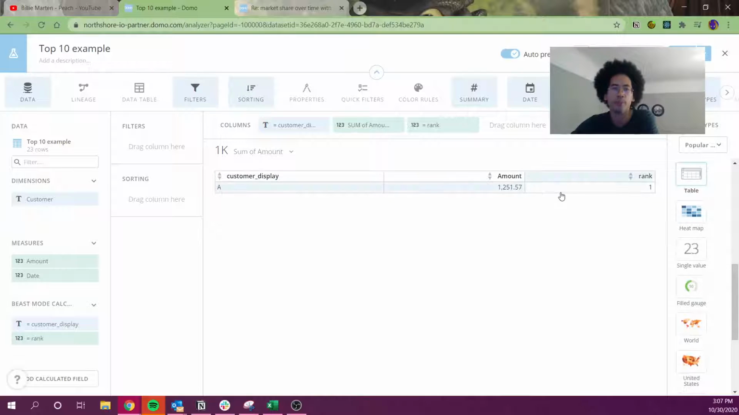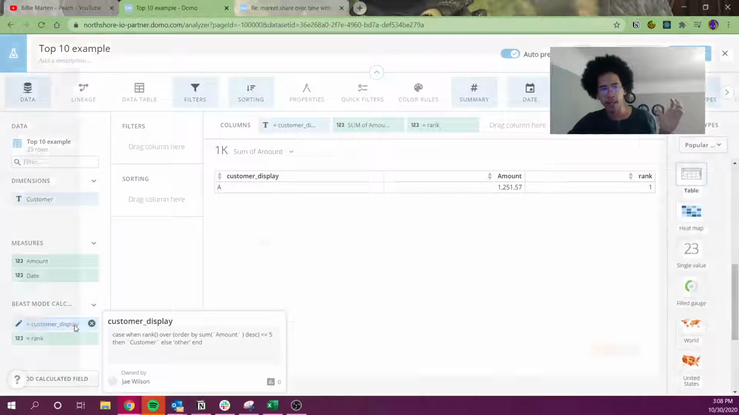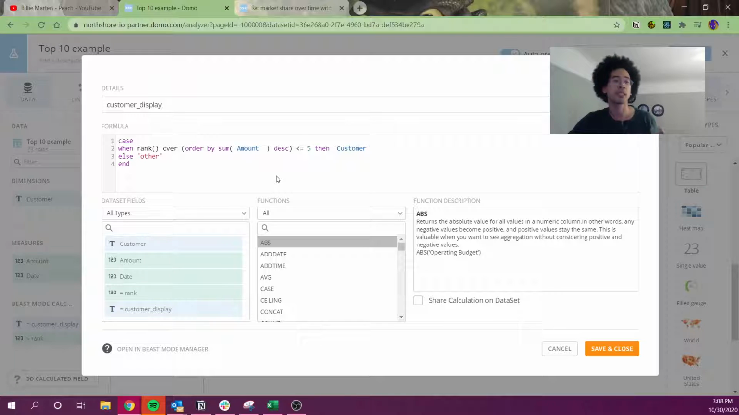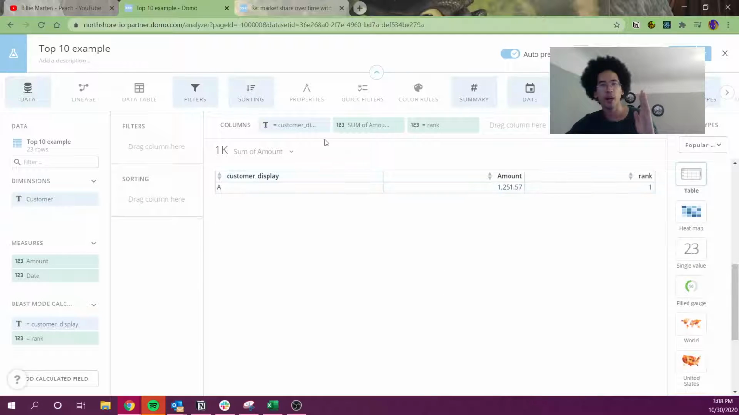Compresses to one row. That's not what I want. And again, I've done tutorials on the topic, but the gist of the issue is because I no longer have customer on the axis, what Domo does is it says, select the sum amount of my table and group by nothing because customer is not on the axis. So it just returns one row,